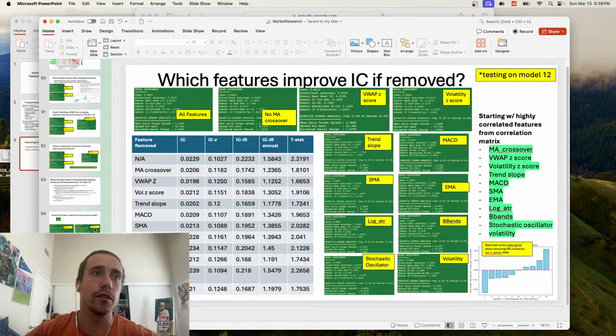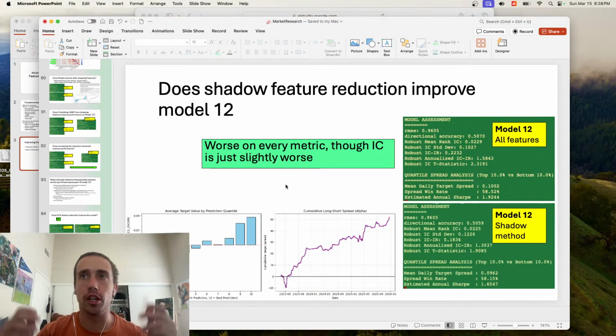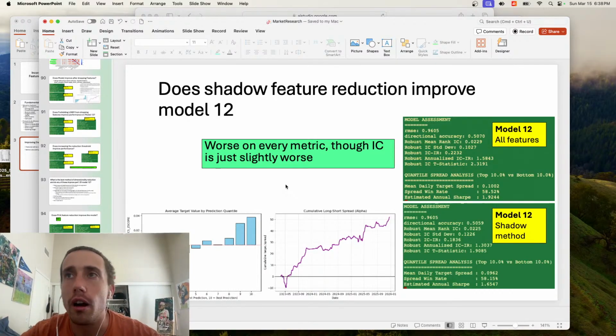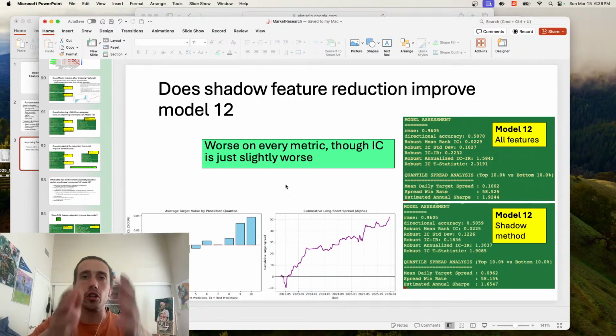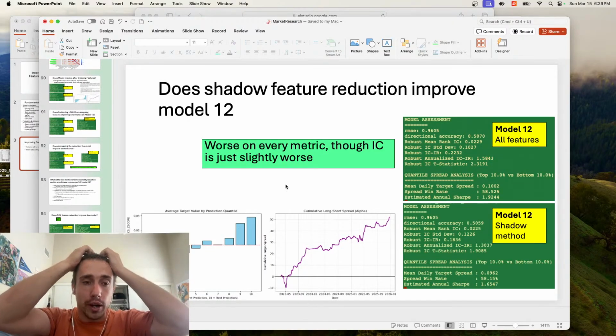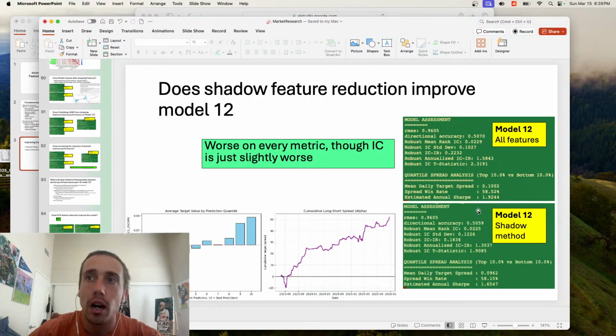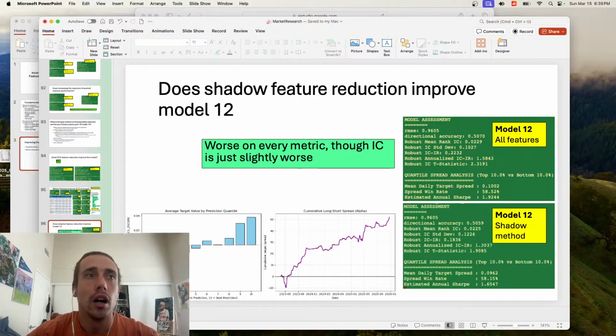The conclusion that I drew from that, and I tried one more method of dropping features out of my model, shadow reduction. So you create a shadow feature for each feature of the model, and then you randomize the data. So you basically jumble the data in time so that it's not organized, it's not coherent, and that's going to give you random statistical noise. And then you take the best performing shadow feature, and any actual feature that performed worse than the best shadow feature, you drop out of the data set. But once again, you see that this made the model significantly worse. So none of these were working.